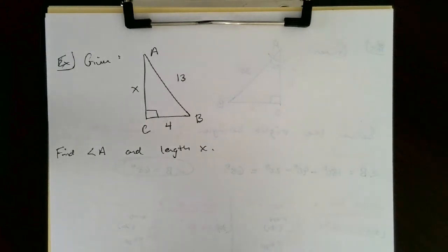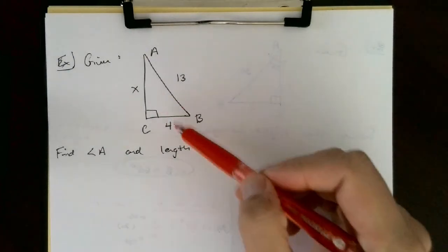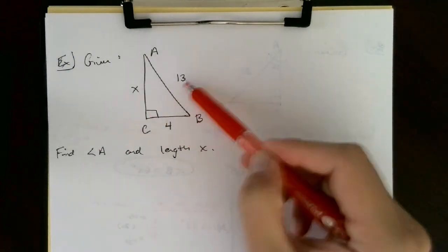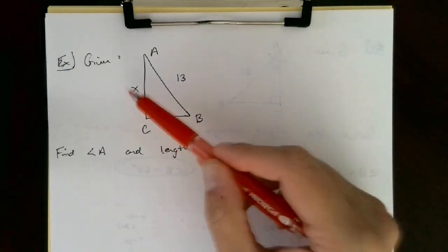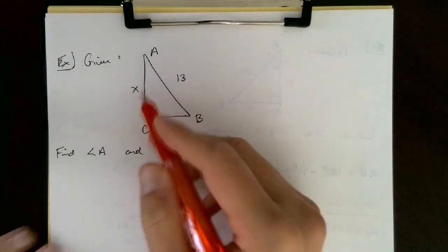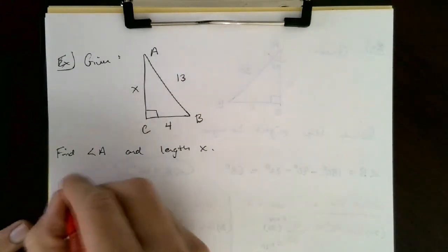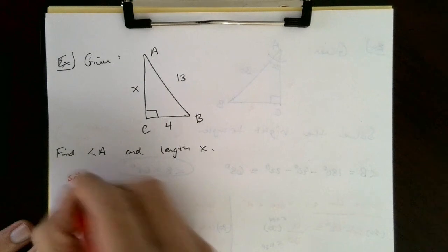Well, what's easiest to find? In this case, you know you've got 2 of the sides in the right triangle. If you have 2 of the sides, you can use what to find side X? You can use the Pythagorean Theorem. So to find side X,